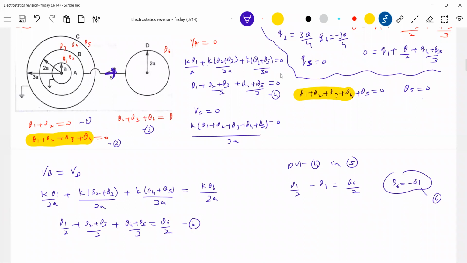Q6 in terms of Q1 we will get. And again, Q1 in terms of Q2. Substituting 6 and 1 in 3, I'll write it here: Q2 equal to minus Q1. No? So put 6 in 1. Q6 is equal to, shall I write Q2? 7. And this is what I'm going to substitute here. Q6 equal to Q2.